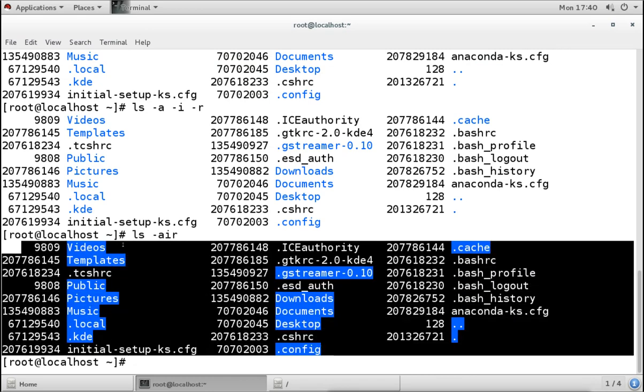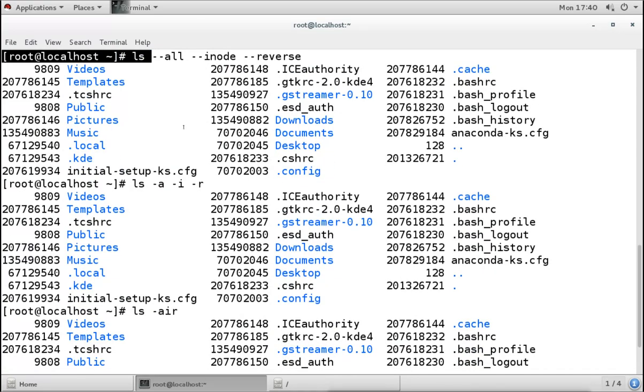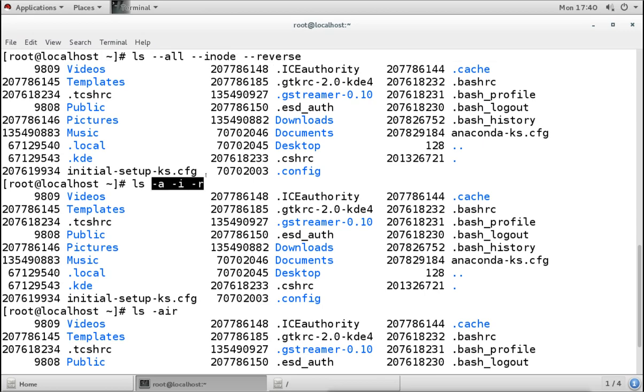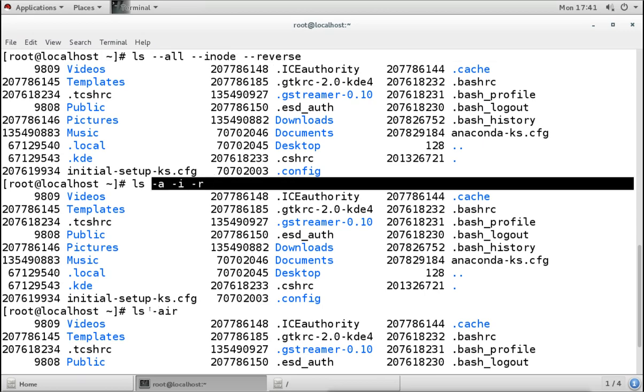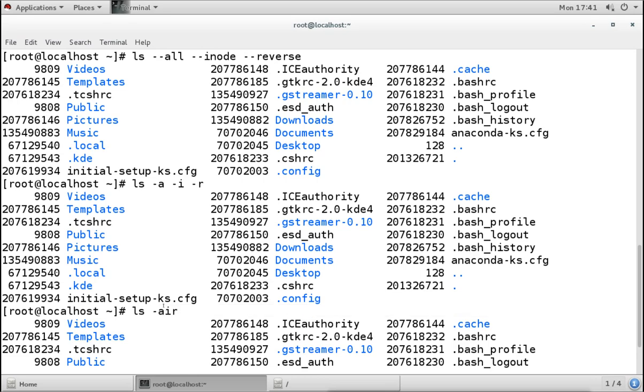So instead of mentioning the options in the full way like this, we can use a shortcut, and we can use the shortcut with only one hyphen. So among these three ways, I think this one is an easy one.